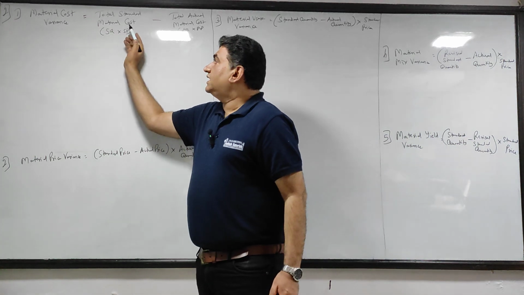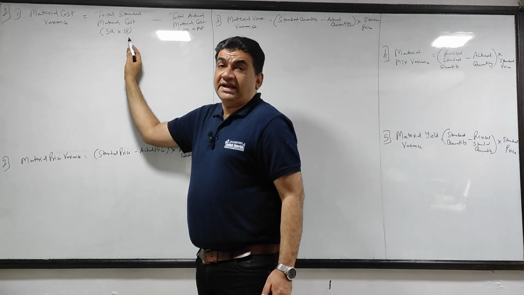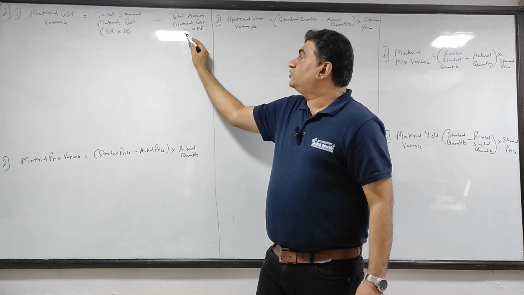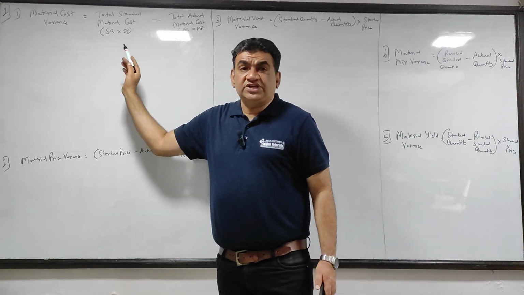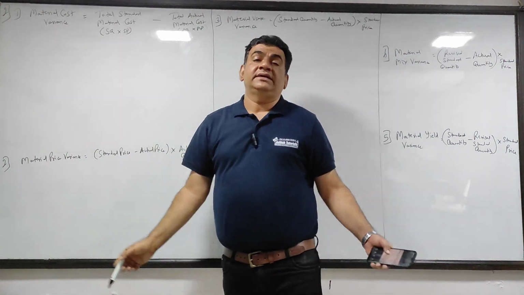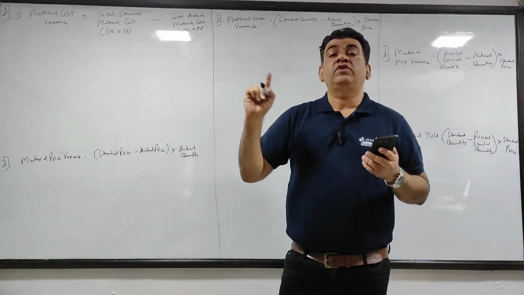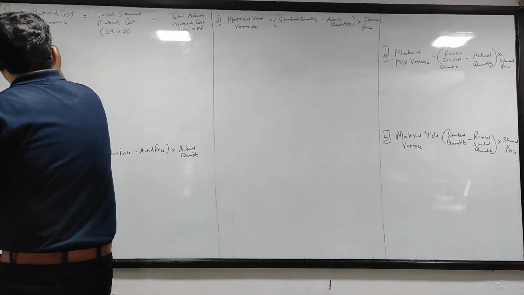Now see the first one. Material cost variance is equal to total standard material cost, that is standard quantity into standard price, minus total actual material cost. I have put it in brackets, actual quantity into actual price. Even if you write SQ into SP minus AQ into AP, that is also fine. What we did in the previous sum, you have to do the same thing but for two materials. Okay, chalo, first